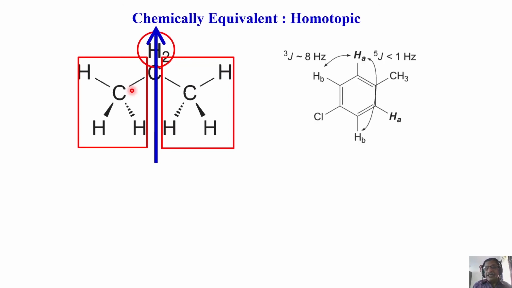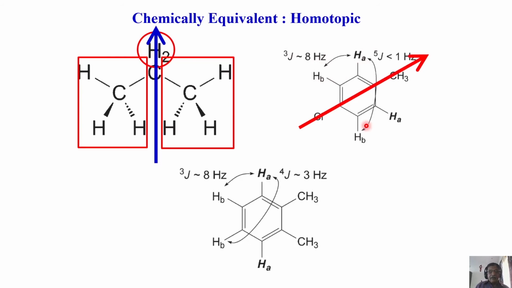Okay, like this, you can look at varieties of molecules. This is a molecule where this is 1,4, with chlorine in the fourth position. Here is a CH3. Now there is a symmetry axis along this, and this proton is equal to this, and this proton is equal to this. Okay, look at this molecule. Now we have taken CH3 here and CH3 here. There is a symmetry axis along this.